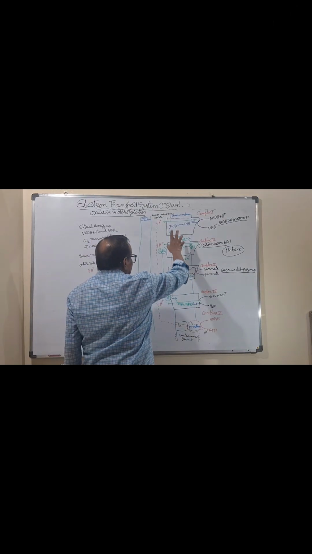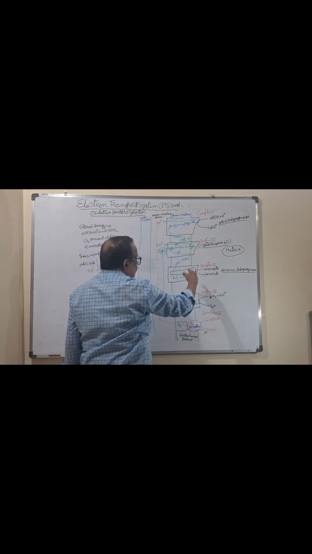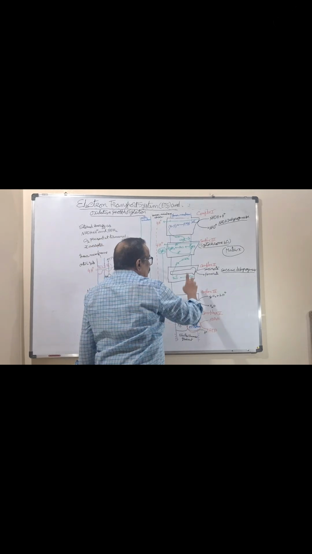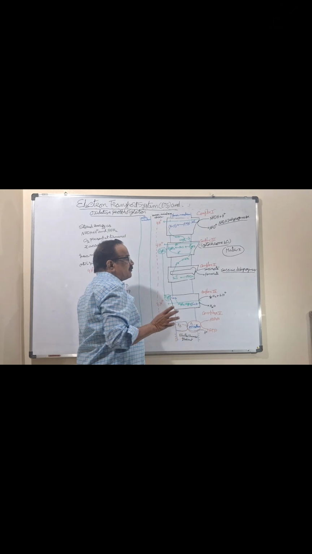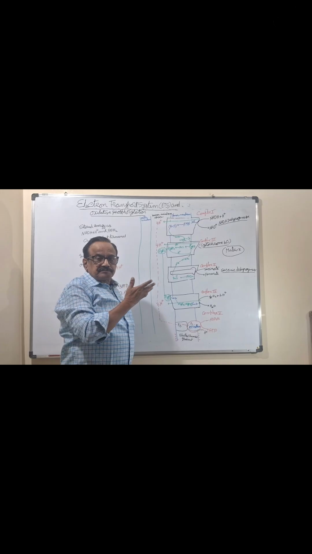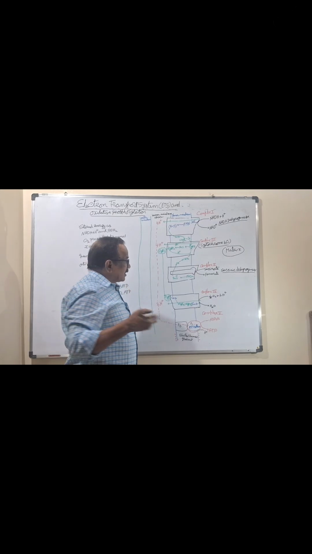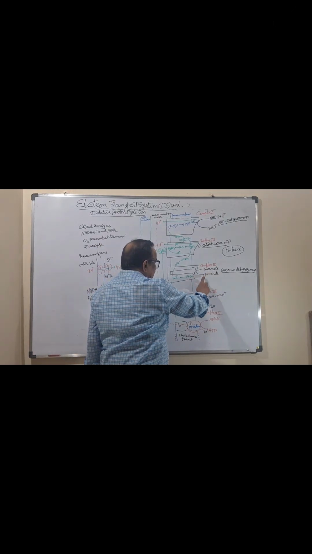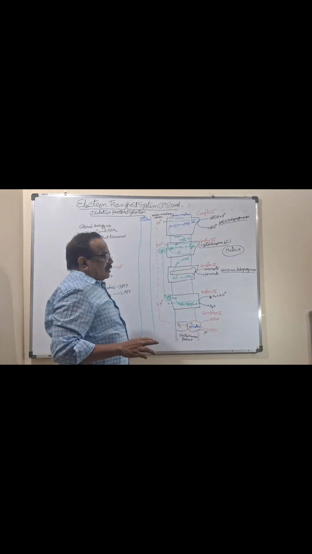So at the same time, when complex 1 is working, complex 2 also starts working. Complex 2, how will it work? Complex 2 takes the FADH2. Where FADH2 is formed is not clearly given in the Krebs cycle. In the text also it is not written, but here it is written as succinic acid. Succinate means succinic acid. When it is converting to fumaric acid, at that time